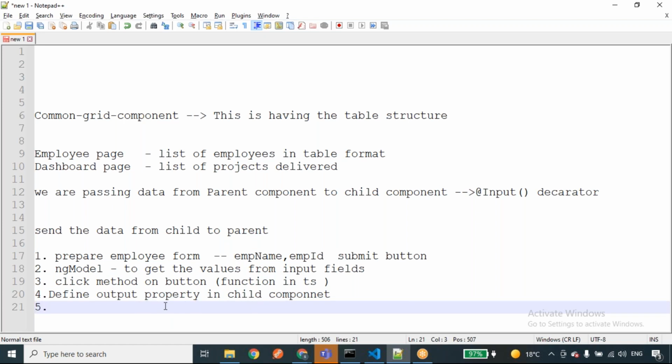After defining this list, I need to send that data whenever I click on this submit button. So inside the submit button, I'm going to write this.sendData.emit, that property name. Once I click on this button, we'll be sending data from the child component to the parent. So in the parent component, I need to